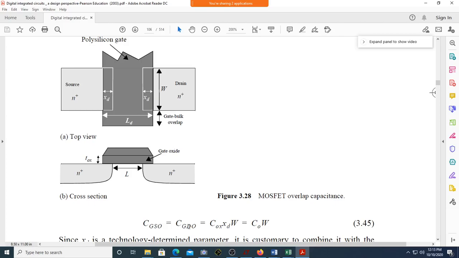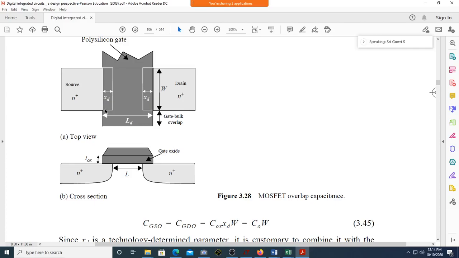Capacitance between gate and drain due to overlap, which is nothing but, because we know that this Cox is the oxide capacitance per unit area. It is farad per meter square. If you want to get the absolute value of capacitance, which is in terms of farad, I need to multiply that with the area. What is the area of this capacitance? What is the length? What is the width of this overlap region? What is the length? Hello? Can somebody unmute and then say? Gauri? Yeah, what is the length of this particular? Can you see this overlapping region?